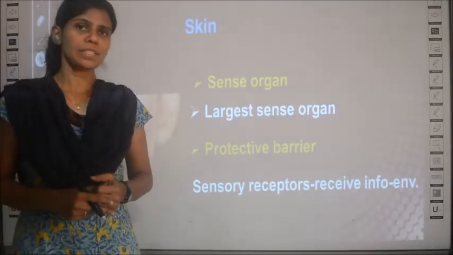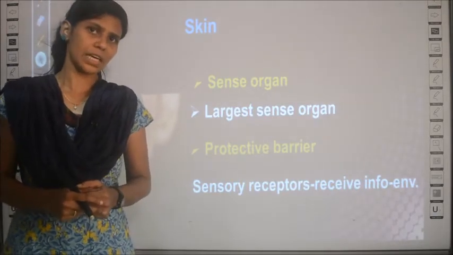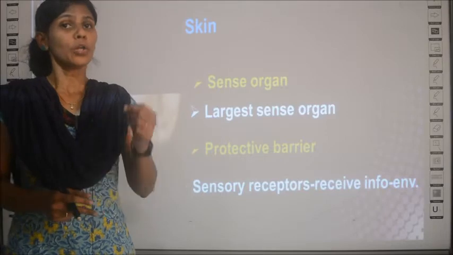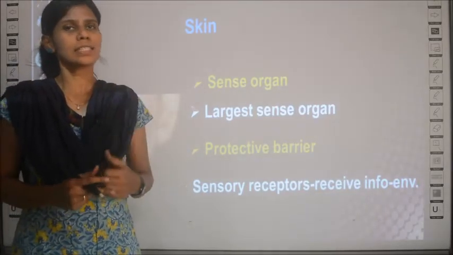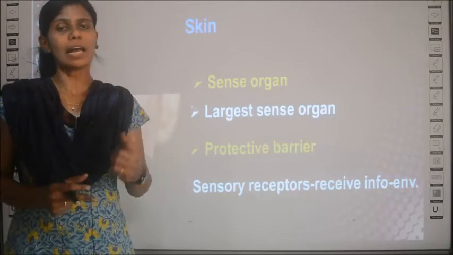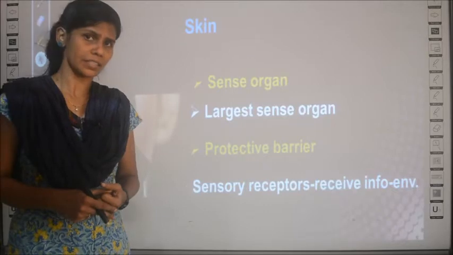And the skin has sensory receptors. I have told you in the previous class itself, every sense organ will have receptors. For example, your nose will have olfactory receptors which can sense smell. Your eyes will have photoreceptors which can sense light.